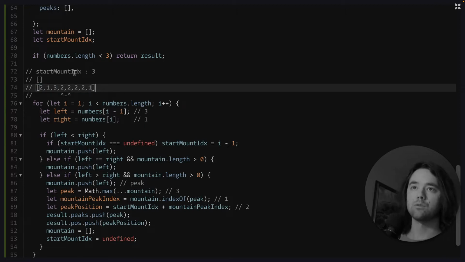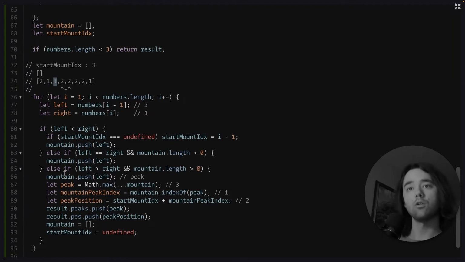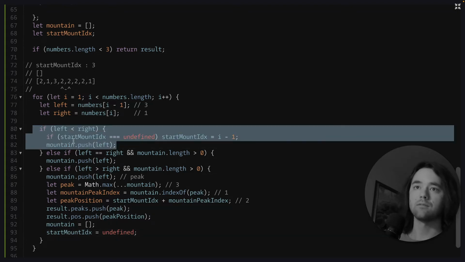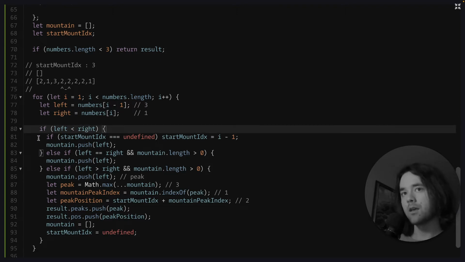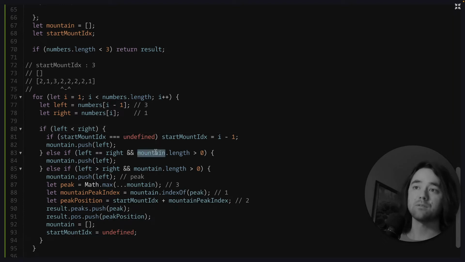So essentially, I was adding this peak, and all of this was working correctly, as well as this, but I have recently changed it. So initially, this was if left is less than or equal to right. So this should look very familiar if I were to just do something like that. That's what it was initially, but my thought process didn't take into account a situation where mountain has no length,